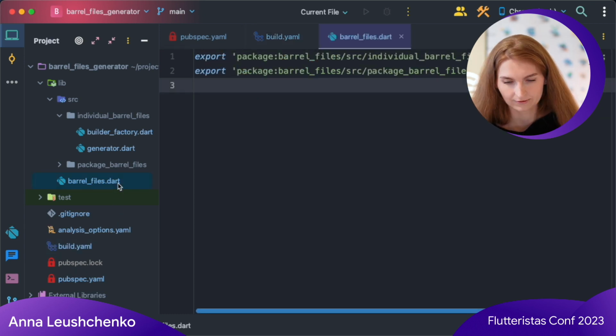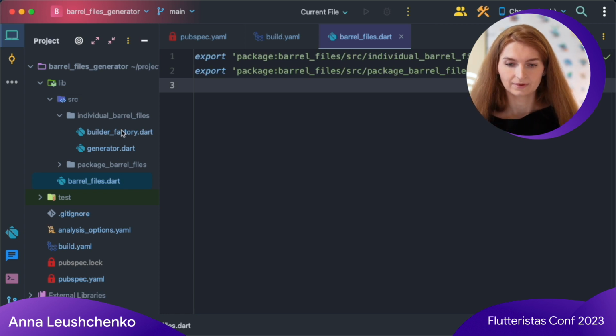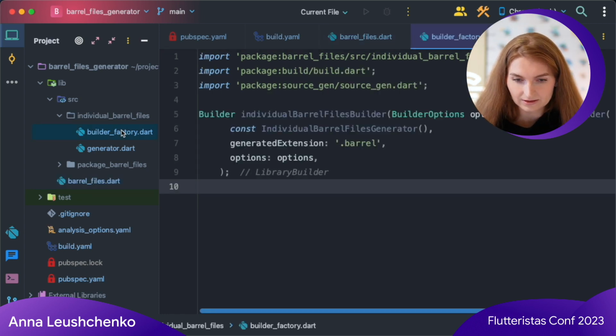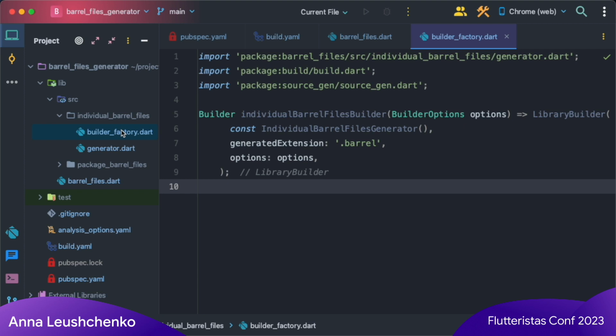Very briefly, this is the file that we specified as an import. It is a barrel file for my package which exports two libraries in the source folder. And this is the individual barrel files builder function that we promised will return our builder.